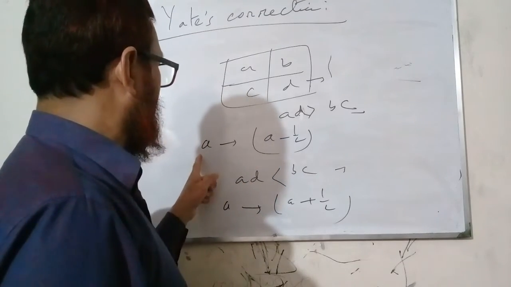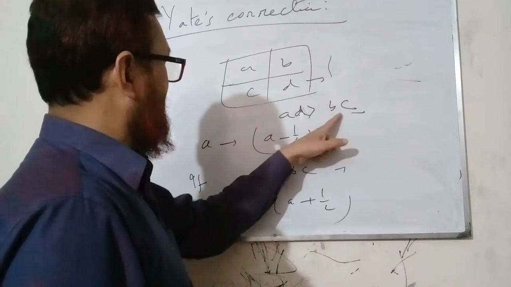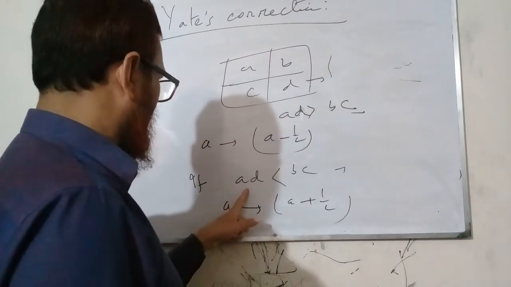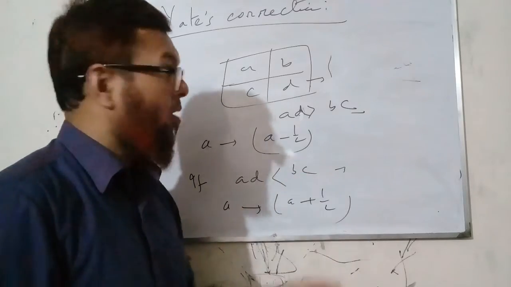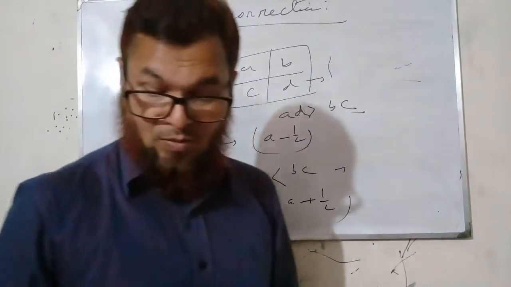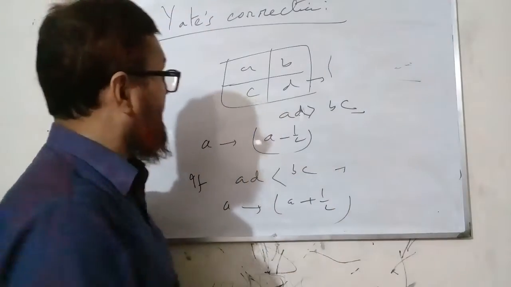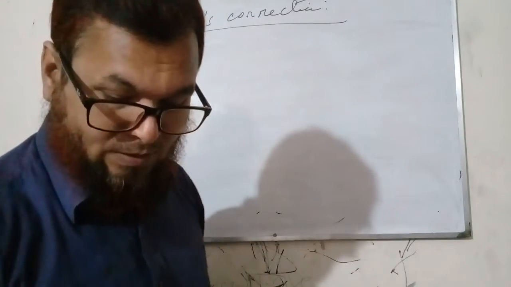This correction is: if AD is greater than BC, then replace A by A minus half. If AD is smaller than BC, then replace A by A plus half. Other marginal totals are kept fixed. So applying Yates correction for a 2 by 2 table, our marginal total is